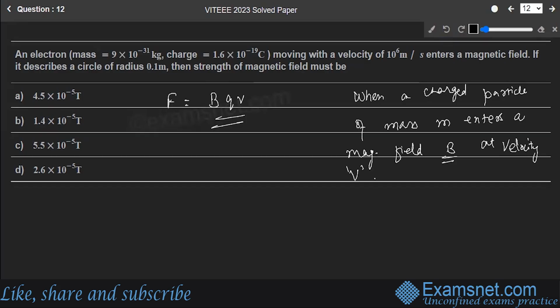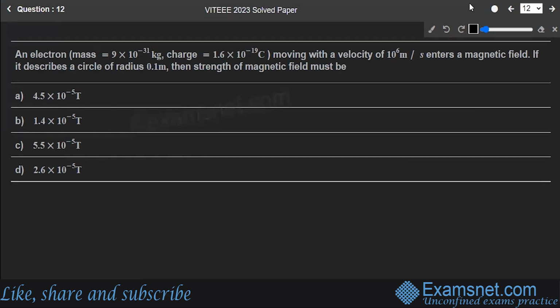Also, this is your magnetic force. So also this magnetic force is equal to mv square upon r. This force is always at right angles to the motion of the particle, and it is defined with the radius r. So from this you have BQV is equal to